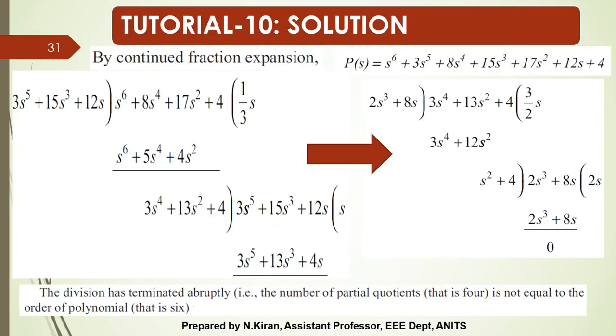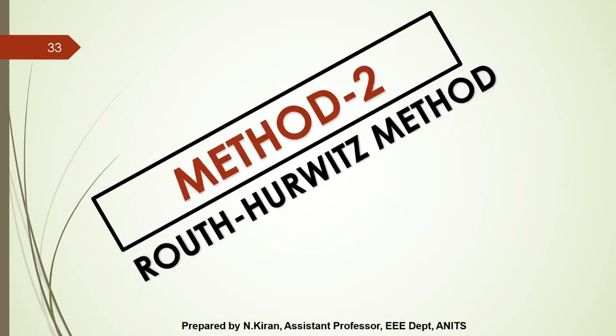Let me take you back to the last tutorial that we discussed in the previous lecture. In this tutorial, the highest order of the given polynomial is 6, but as you can see, the number of quotient terms obtained is only 4. Since the division has terminated abruptly, in this case we cannot conclude whether the given polynomial is Hurwitz or not. In such cases, the best solution is to test the given polynomial using the second method, which is